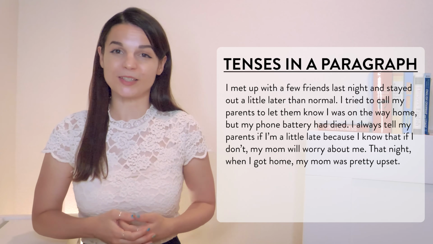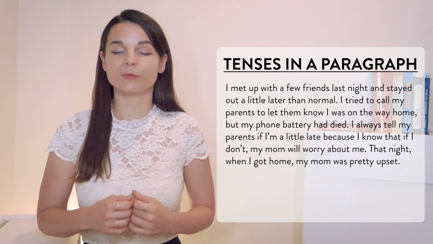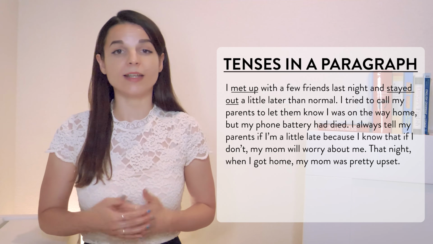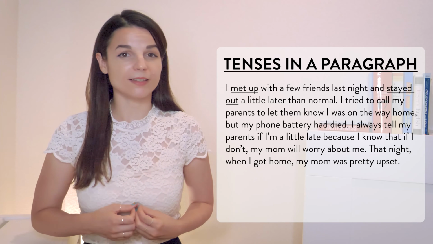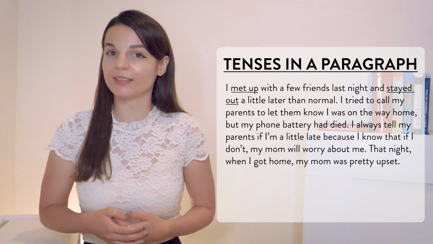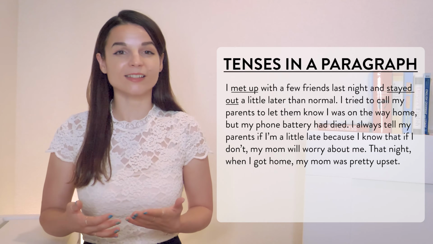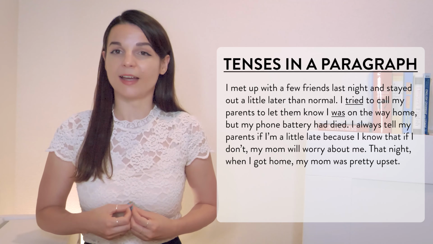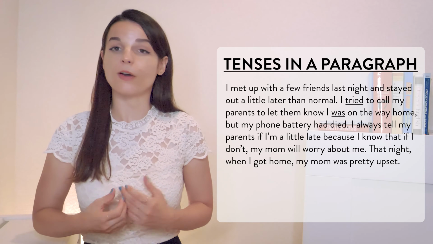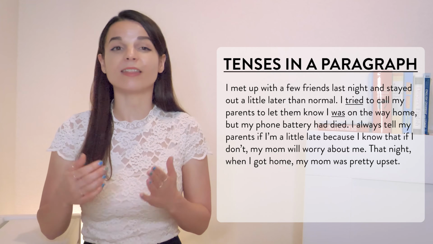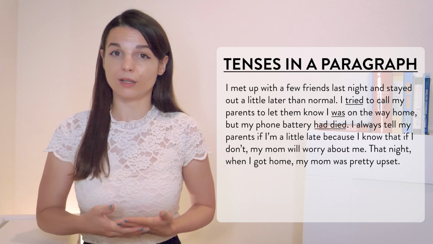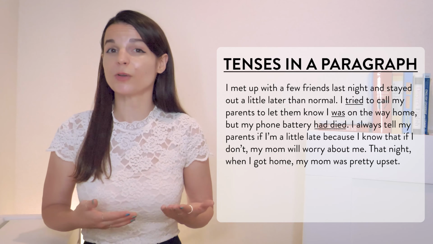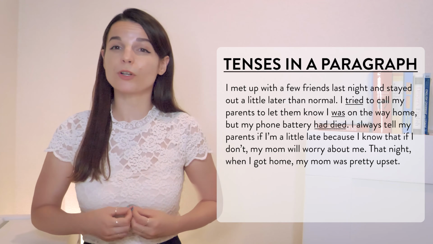Let's break down the verbs in these sentences. First sentence, we see, I met up with friends and stayed out a little later. Both clauses use simple past tense because they're talking about past completed actions. Second sentence, I tried to call and I was on the way are in past tense. These happened at the same past point in time. My phone battery had died uses past perfect and shows us that the battery died before trying to call on